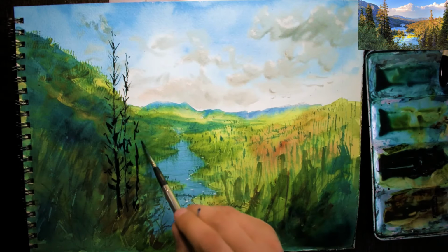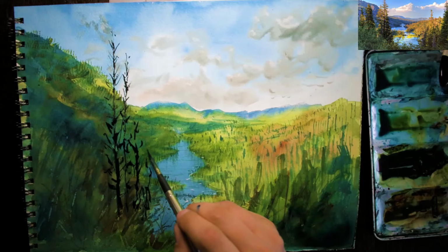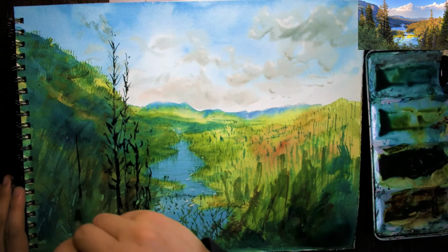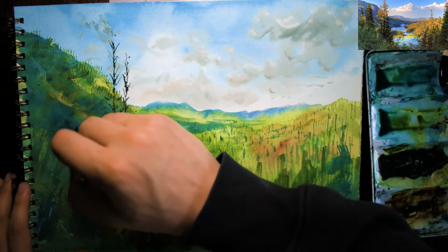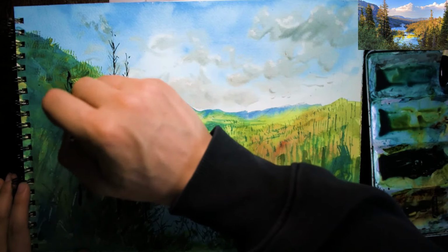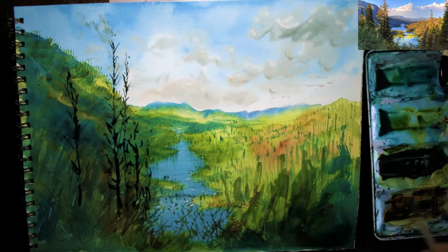So a lot of people, especially when I started out, I struggled with this last bit because I kept thinking, oh, it's too dark, I'm going to ruin it. But once the painting's finished and you look at it, it's completely fine. It looks a lot better with everything together. So just some little indications like this,